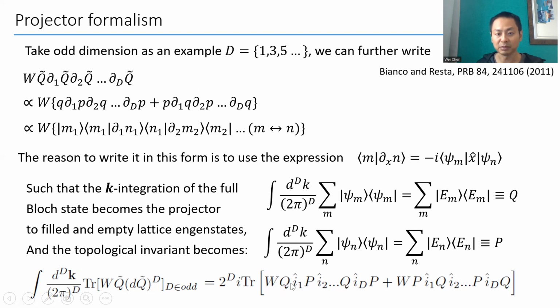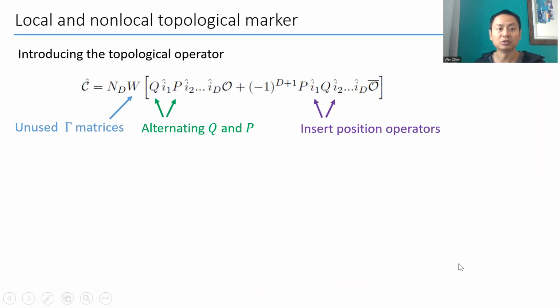And in between every projector, you insert a position operator, where this I1, I2, and so on are the X, Y, Z, and so on, depending on your dimension. Yeah. And the second line is essentially the same, except you start with the projector P, and then you alternate it with Q and P, Q, P, Q, and so on. And in between, again, you insert the position operator. And this comes to